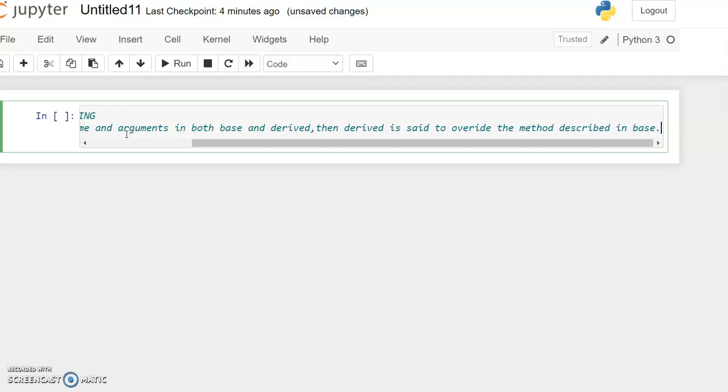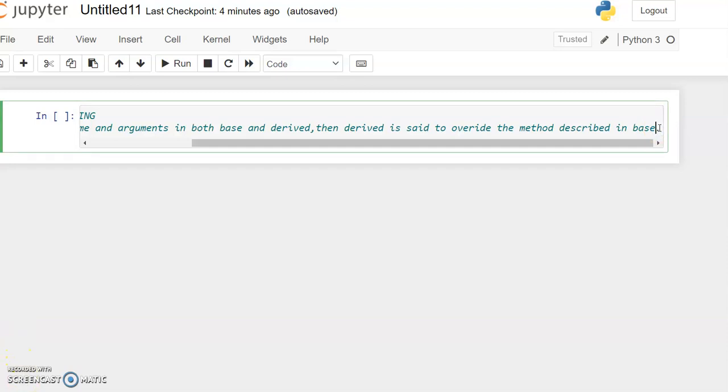That means if we have given the same method name and arguments in both base and derived classes, then the derived class overrides the base class properties. This is nothing but method overriding.